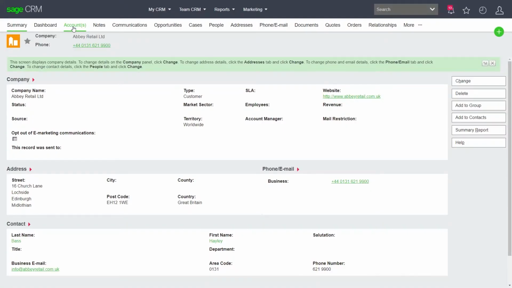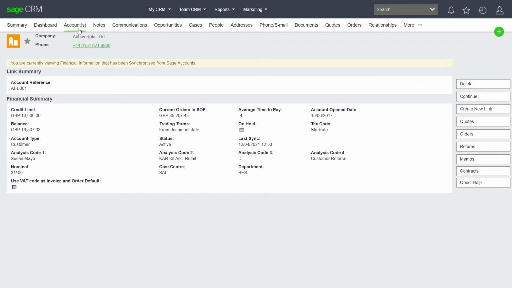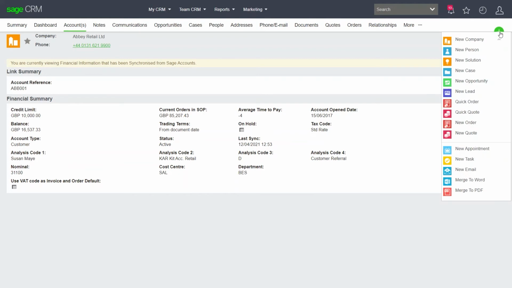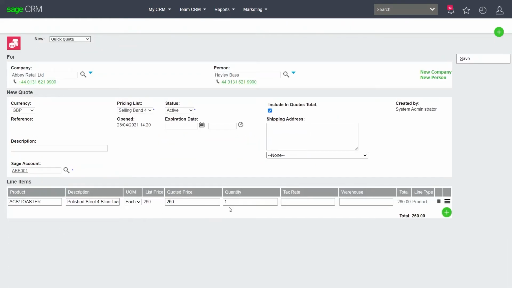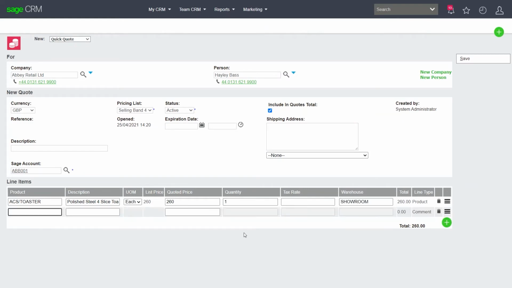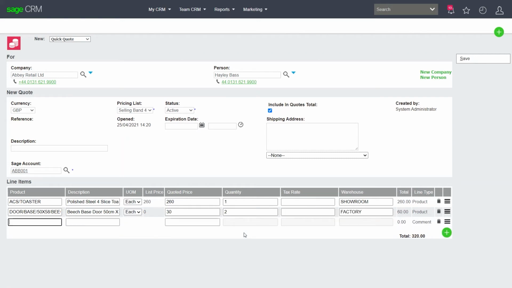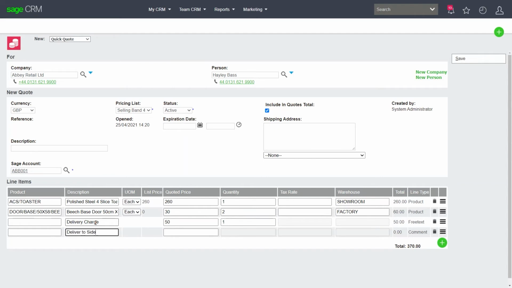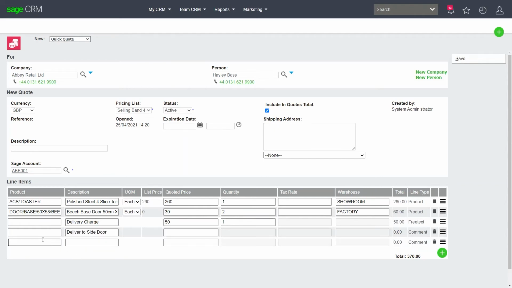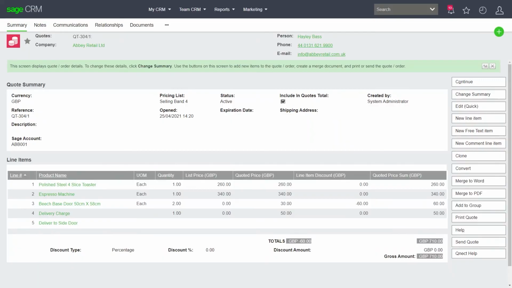We can see here, for example, some customization that allows the user to view their Sage account's financial information about a customer, and here to use a rapid quote entry feature. This, for example, allows your customers to enter in an entire quote on the one screen, but it also pulls information such as available quantities at specific warehouses, all from within the Sage CRM interface. Something which is not possible with configuration alone. Both of these are examples of customization that have been developed to work inside of Sage CRM via custom coding.